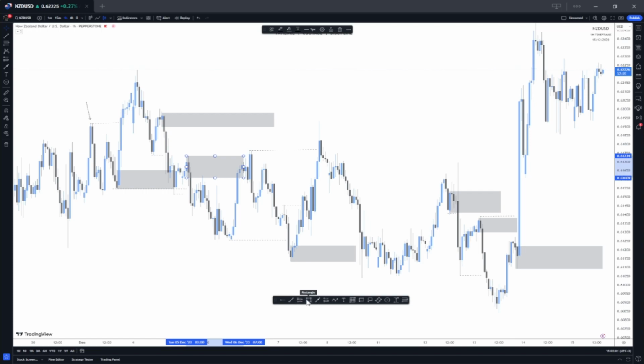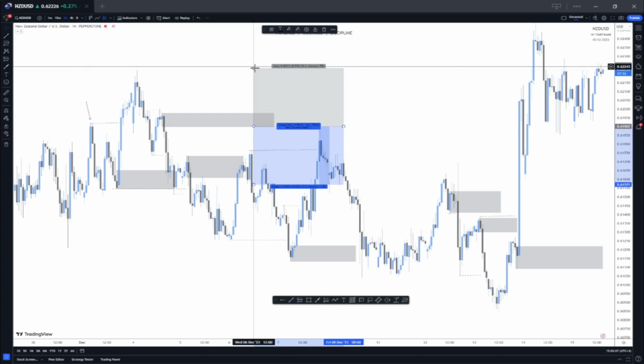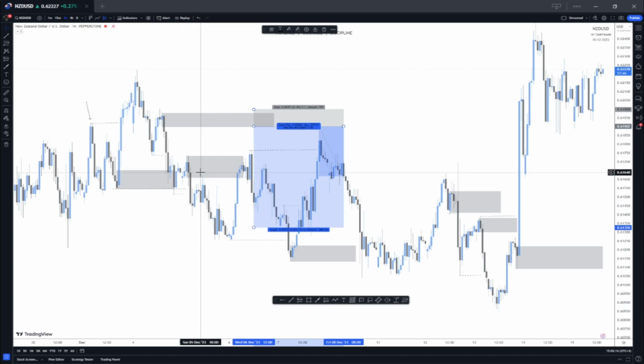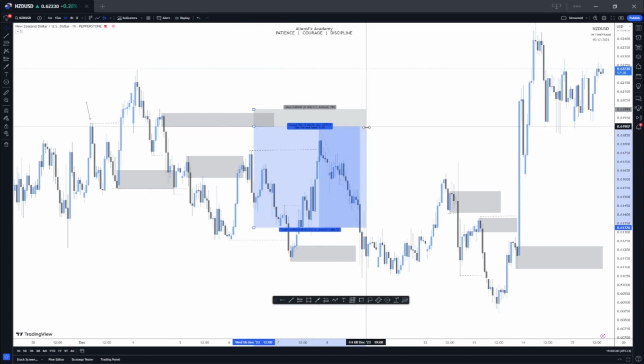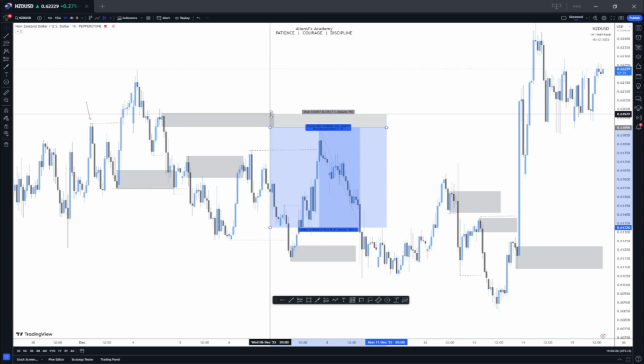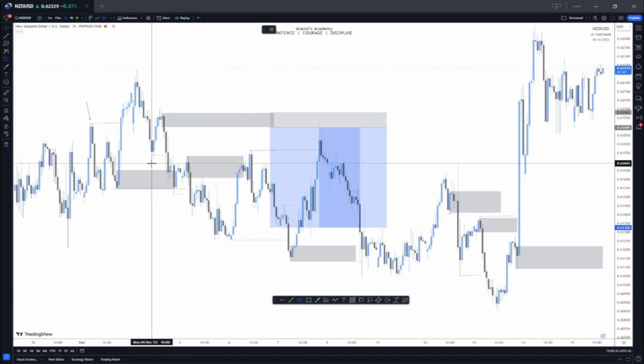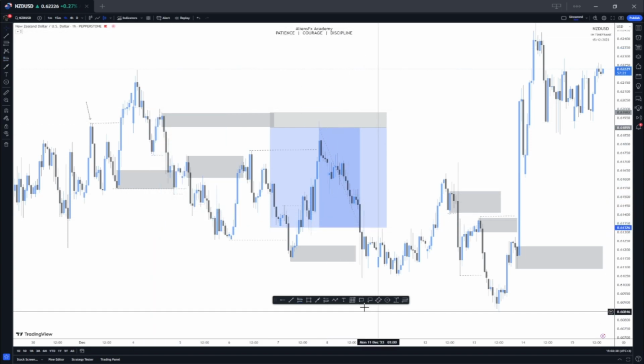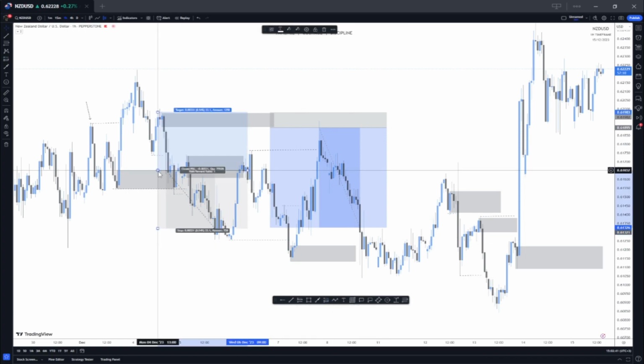So let's say you took a trade right here because of the macro order block instead of the micro, which just means this is a higher order block and this is the lower order block. Okay, simple terms. So you just take a trade like this, even though, let's say, for example, your stop loss is above here at 8 pips. Now for this trade, let's say you took this trade blindly and placed a trade, okay, buy. So you took a buy here